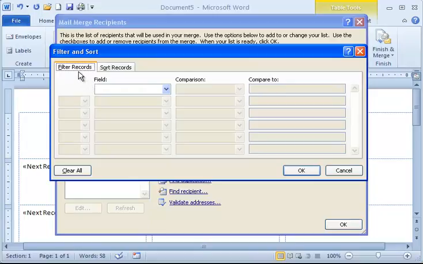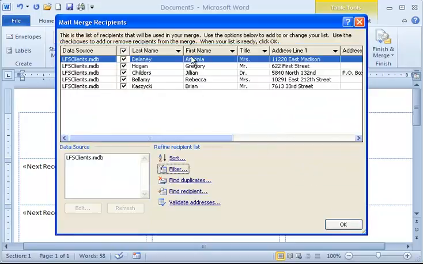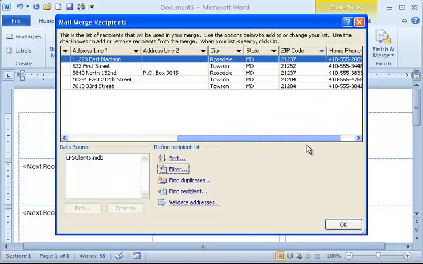And in this first merge, we want the computer to find all the records whose zip code is greater than 21000. So it's a zip code field that we're looking at. So we'll choose that. The comparison operator, we're going to switch that from equal to greater than. And then for compare to, we'll put in the 21000 option. Click OK. That will filter out and show us only those records that are above 21,000 or